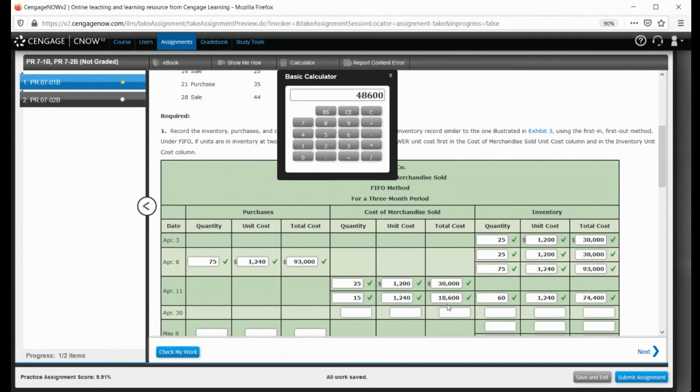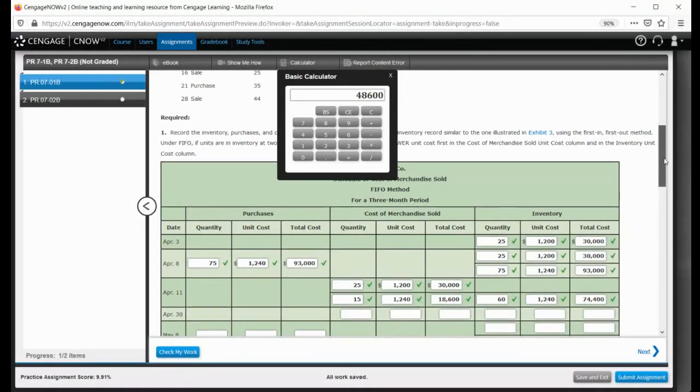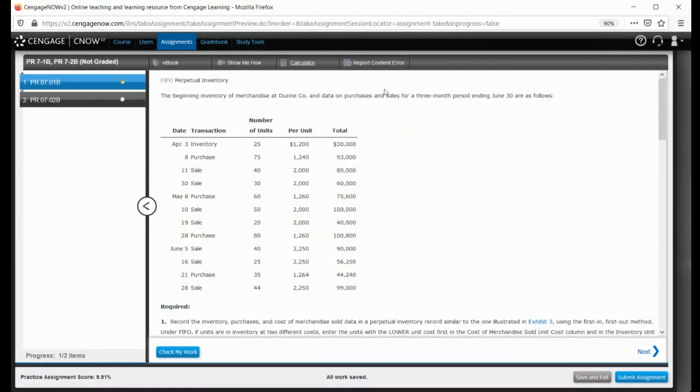So the cost of the merchandise sold for the April 11th transaction is 48,600. That cost of merchandise sold is the amount that you would use for your journal entry. Remember, your sales have two transactions. The first transaction would have recorded the sales in units times the selling price. The sales in units times the selling price